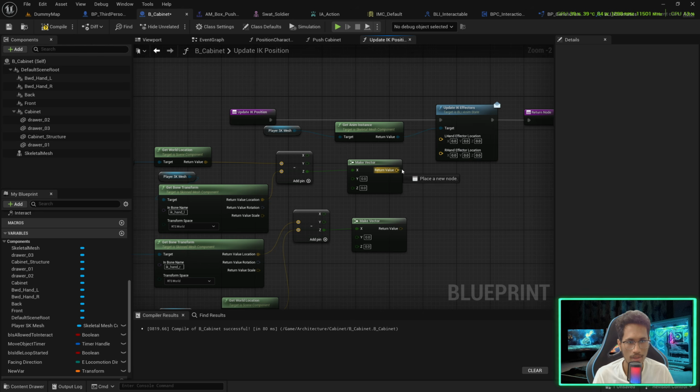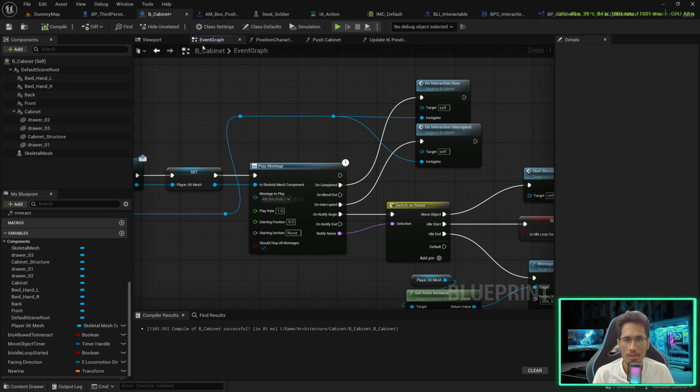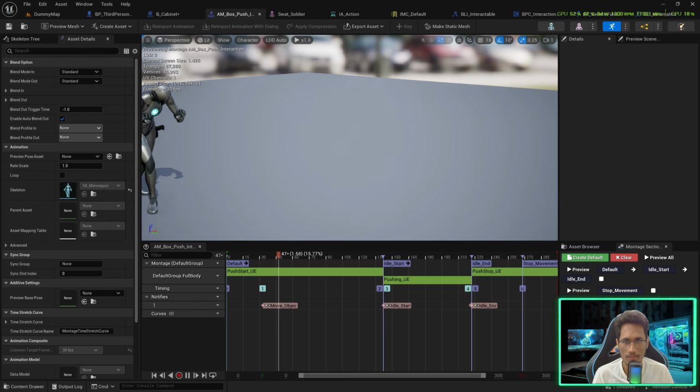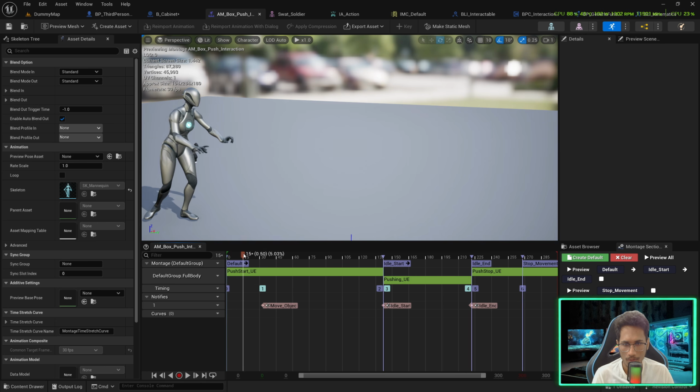Okay, and the IK values: left goes here, right goes here. Great. So this will update the IKs. Now I'll go in the event graph and now we need to figure out that frame. So let's have a look. So if we play, okay, so right here